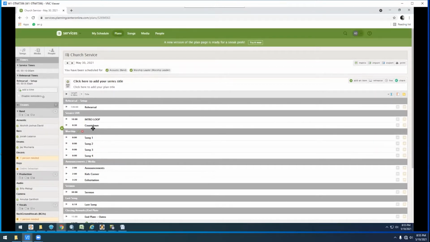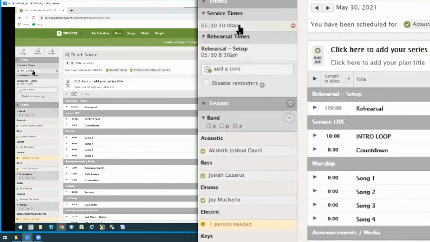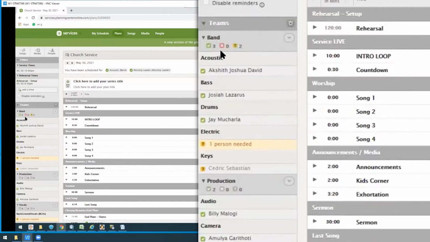What we as worship leaders and as a worship team would be focusing on is this particular segment, which has 4 songs already added. And we will be adding songs, putting links, and sending out emails. Here we have times: service time 10 a.m., rehearsal 8:30 a.m. And then under teams, we have different